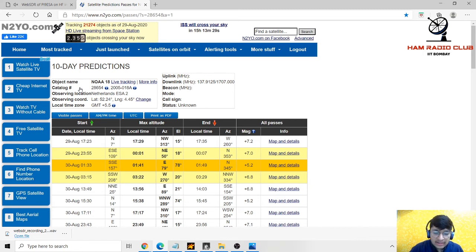Yeah, there are many satellites in orbit, but not all send data to everyone. For ham radio operators, only some of the satellites send data. The other satellites send data to the agency or the team which launched it. So there are some satellites which send useful data to everyone. NOAA is the most easily tracked satellite. That is why we have presented it. ISS sends signals once in a while.